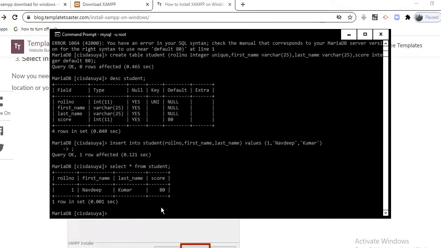Now see, one row is added here, and the score by default 80 has been entered. And if you want to place some other score here, that will override the existing score.